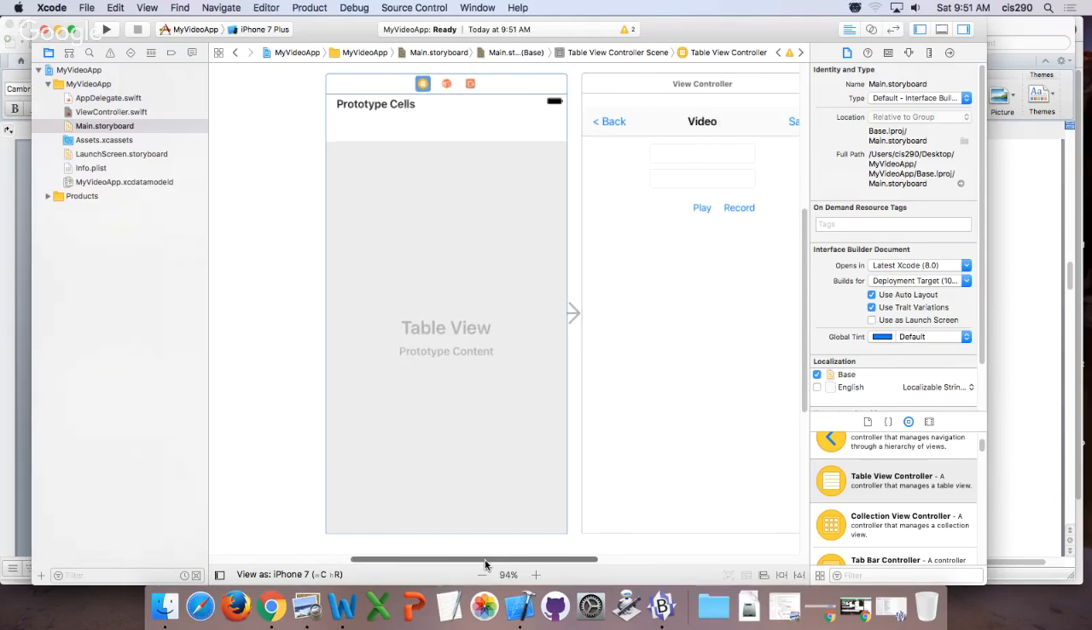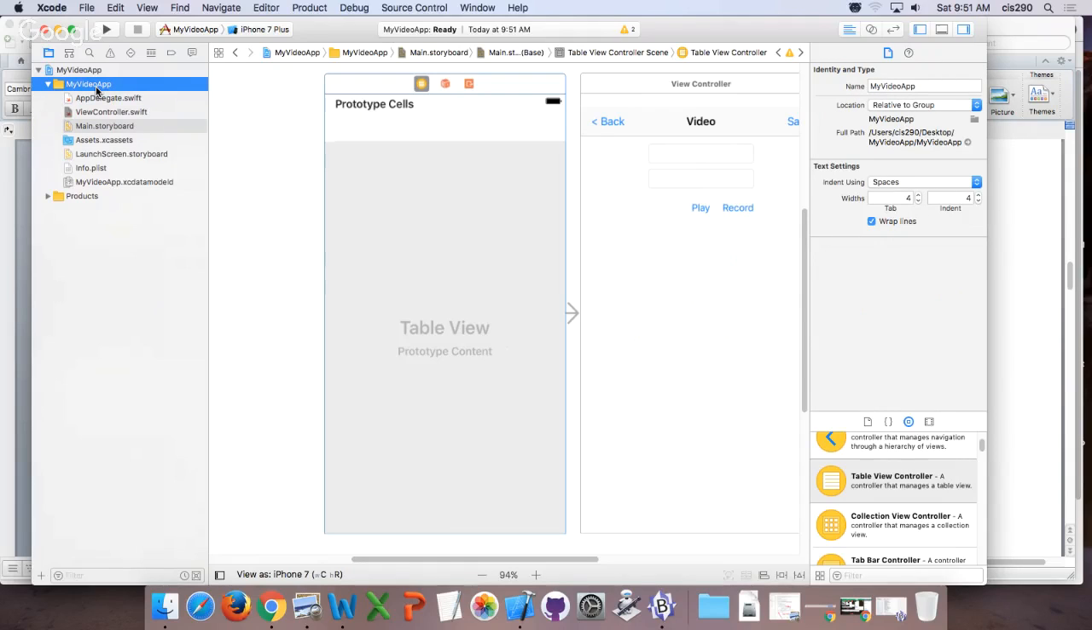Now, before I select that, I'm going to add a new table view controller class. So on number 6, I have us add a new table view controller class and name it VideoTableViewController. So if you go over here to the left side of Xcode, on the folder that says My Video App,